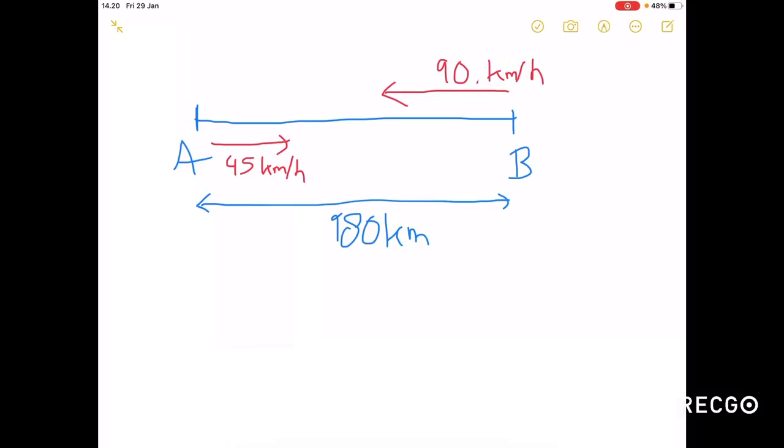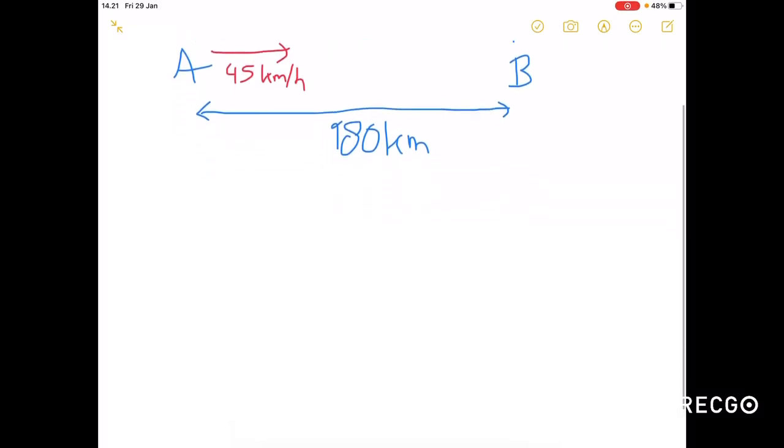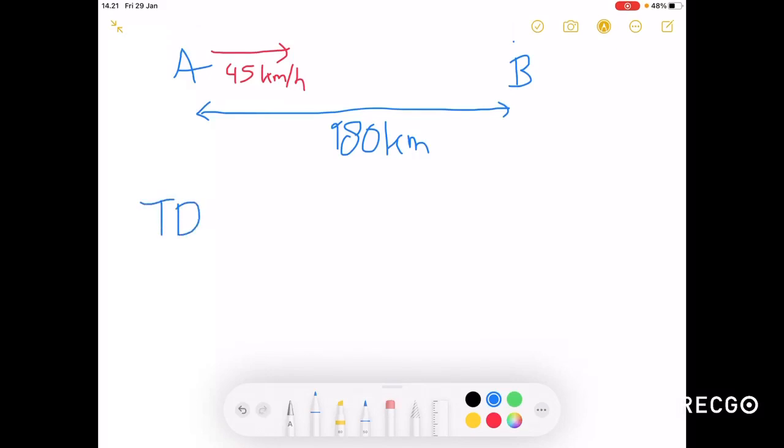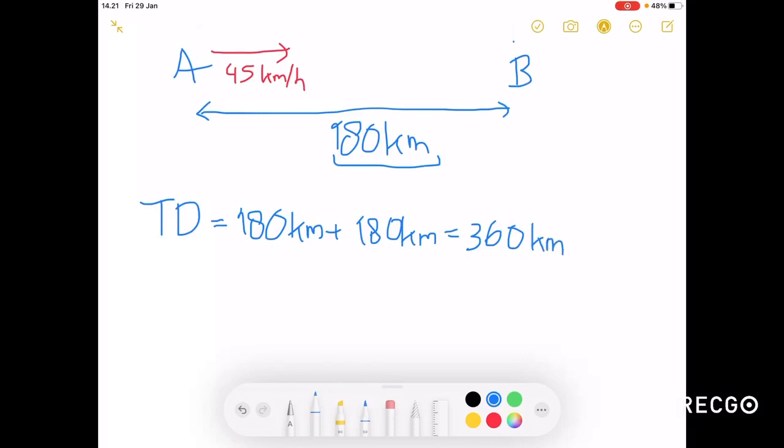So first, it's good to figure out what your total distance and total time are. For total distance, since it travels from A to B, it travels 180 kilometers, and then back from B to A, it travels yet another 180 kilometers. So we have 180 kilometers plus 180 kilometers. This will be equal to 360 kilometers. Alright, and for total time,